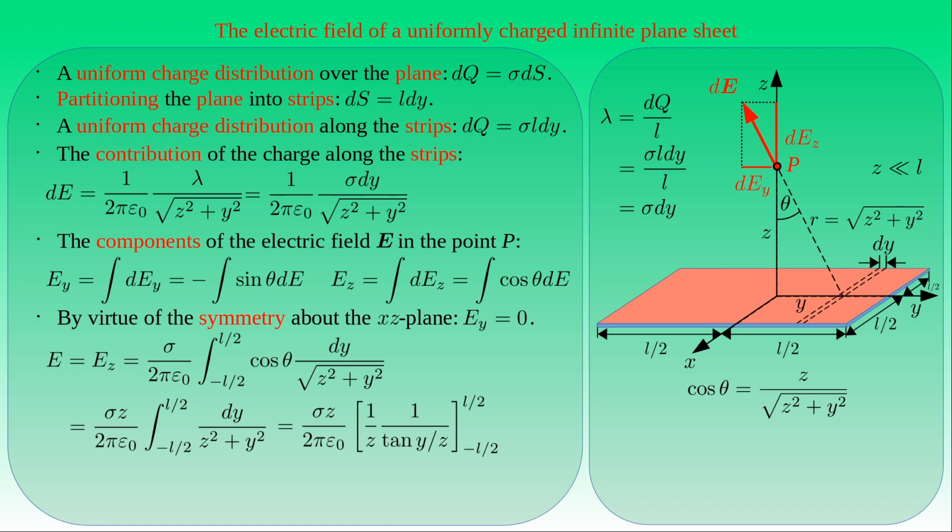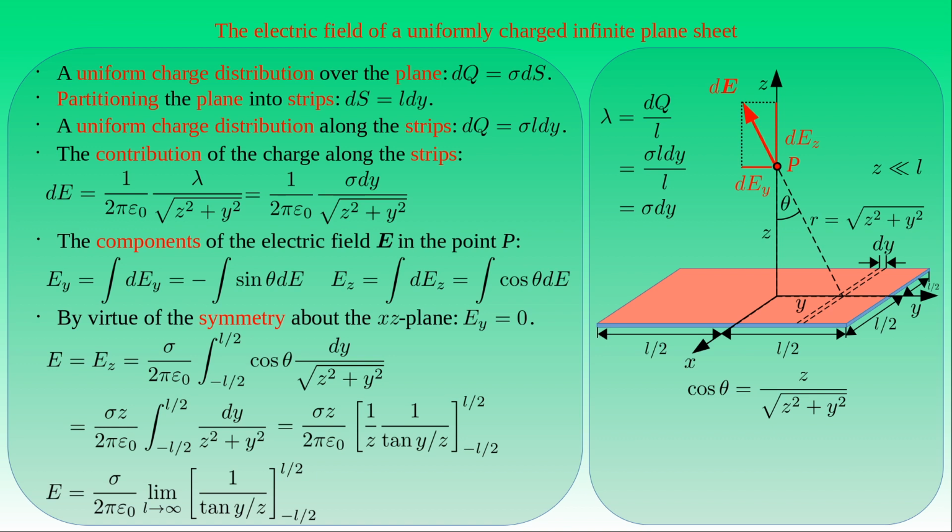This formula already gives the electric field strength E on the z-axis erected in the middle of the charged plate with a finite size. However, we are interested in the electric field of a uniformly charged infinite plane and we take the limit of this expression. That is, we determine sigma over 2 pi times epsilon naught times the limit of 1 over the tangent inverse of y divided by z, which we evaluate at minus L over 2 and L over 2 as L tends to